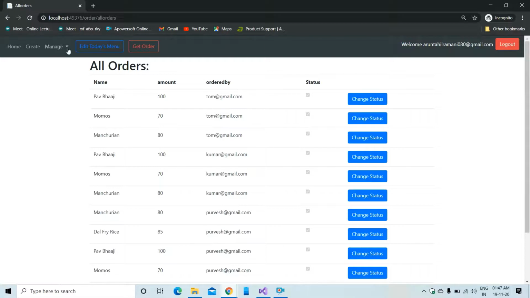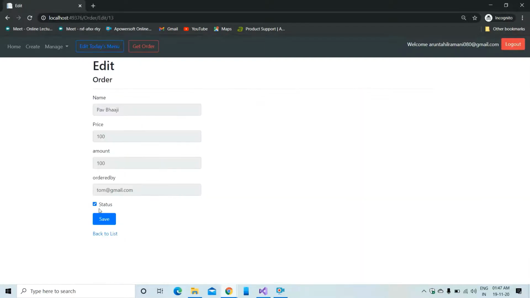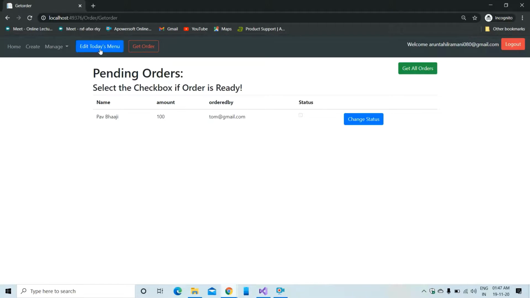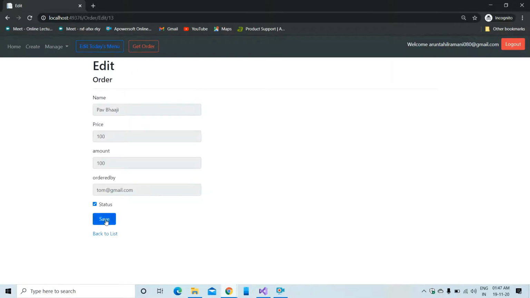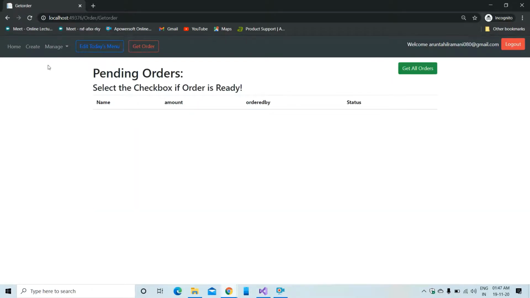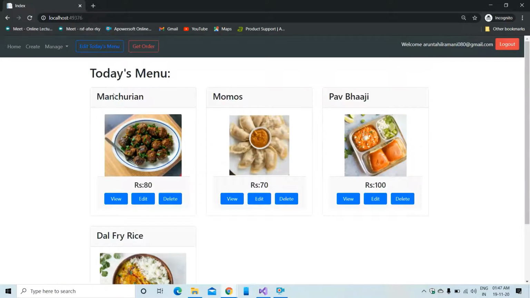You can also change the status to unprepared too. Now in the pending order section you can see that this order is not prepared. Now let's move it to prepared. So this was about getting the ordered food, meaning the orders the user placed, you will receive here.